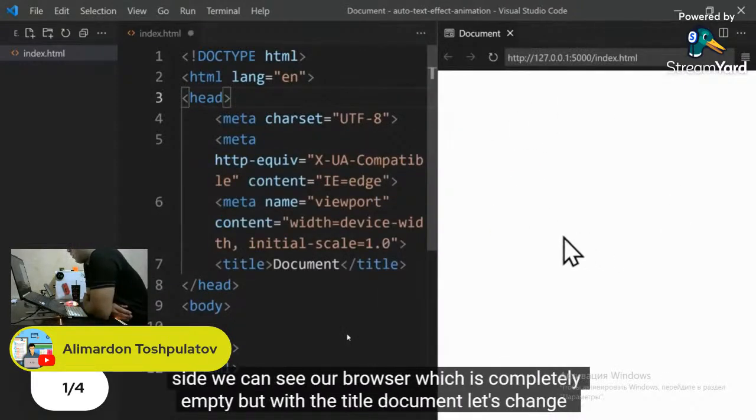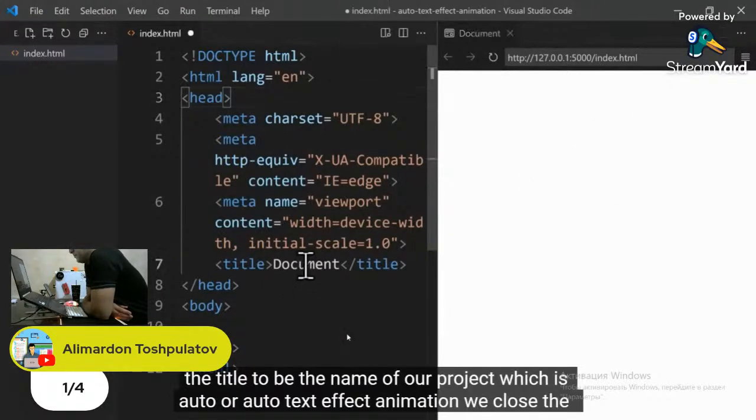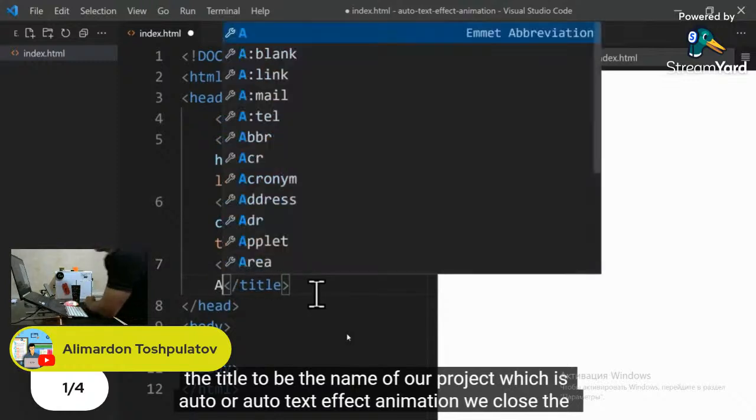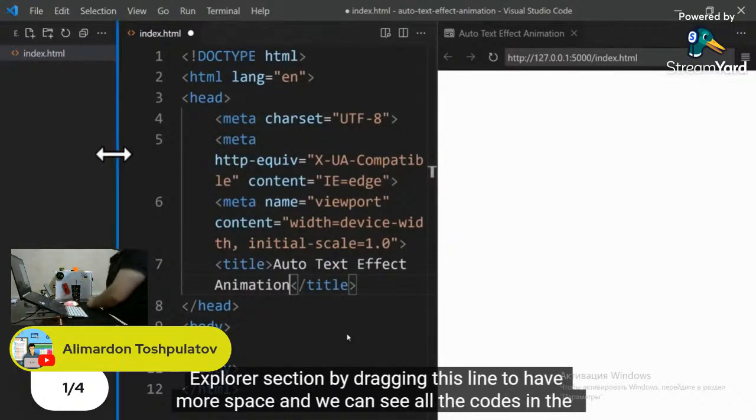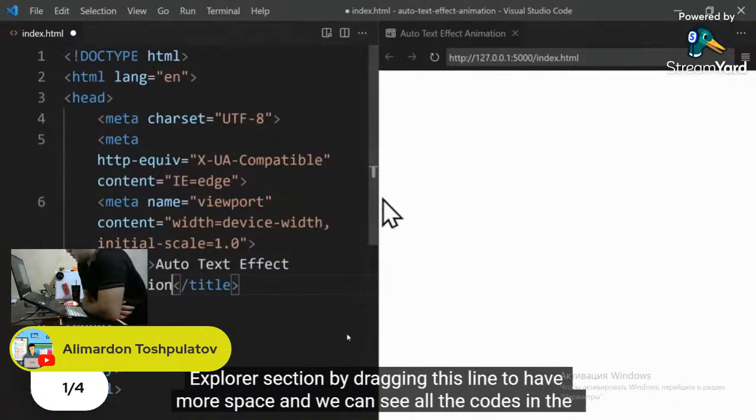Here on the right side, we can see our browser, which is completely empty, but with the title document. Let's change the title to be the name of our project, which is Auto Text Effect Animation. We close the Explorer section by dragging this line to have more space, and we can see